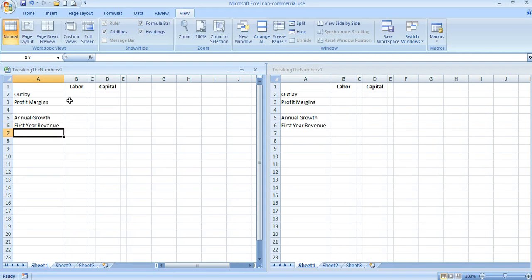Okay, so this is how we set up our Excel sheet, and you can name this tab as graph,